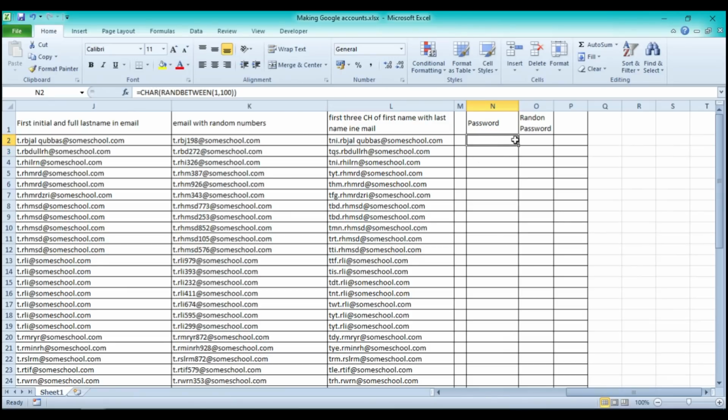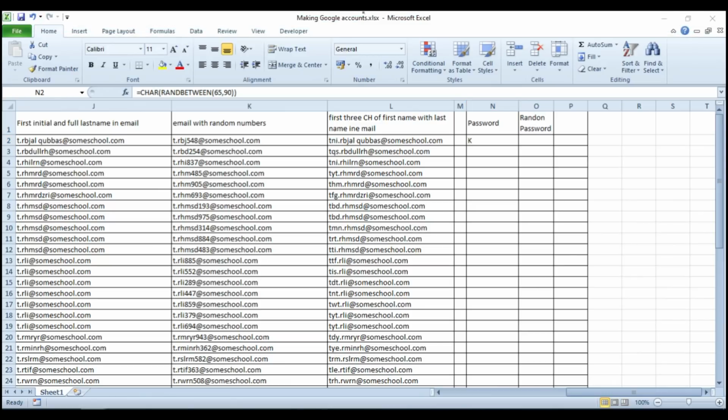If I just do 1 to 100, that is not going to work, because Excel has certain characters as assigned characters, so it will be 65 to 90, and it will pick up a capital letter or uppercase character in this case. So the command will be CHAR RANDBETWEEN, selecting randomly between 65 and 90, which will give us an uppercase character,